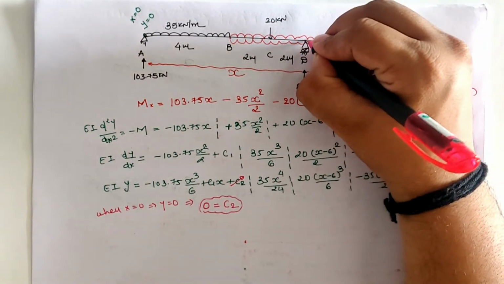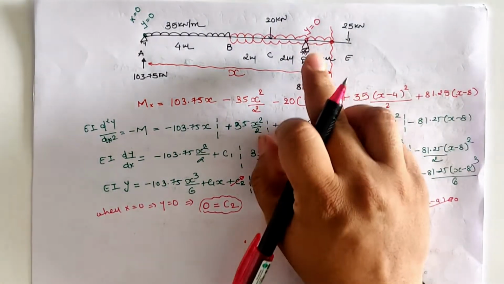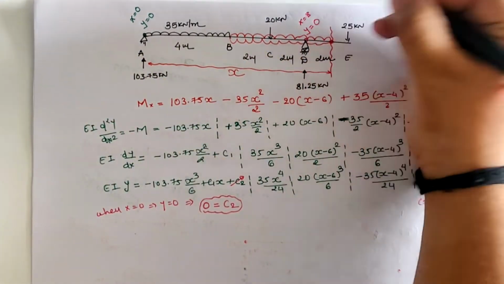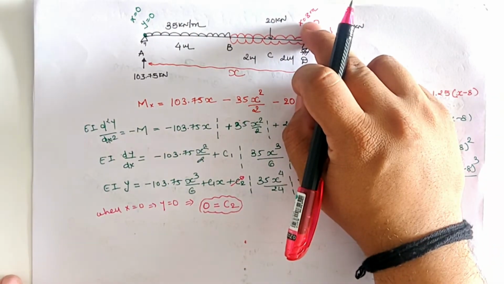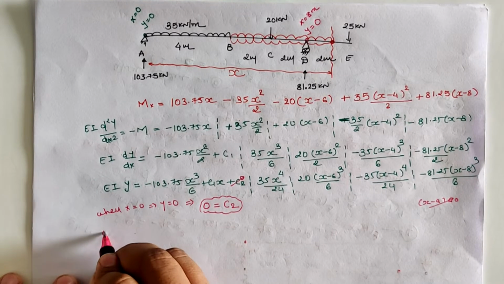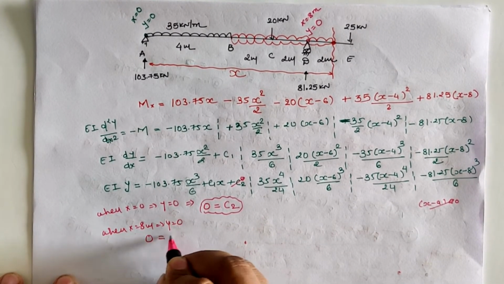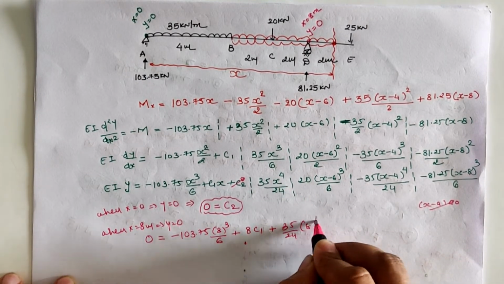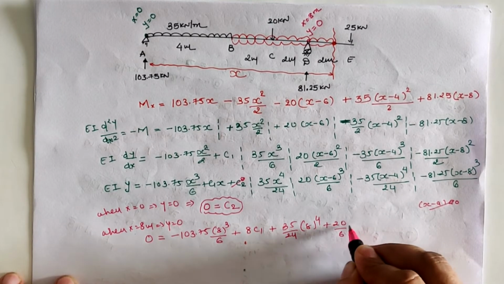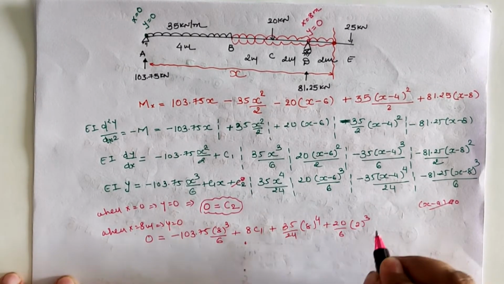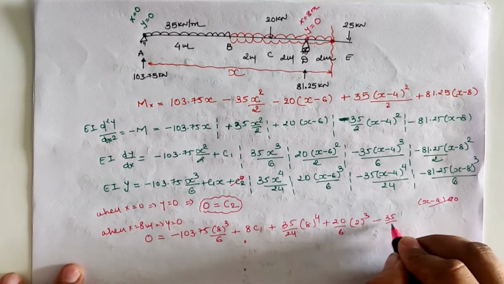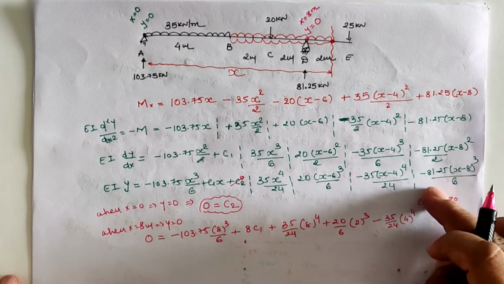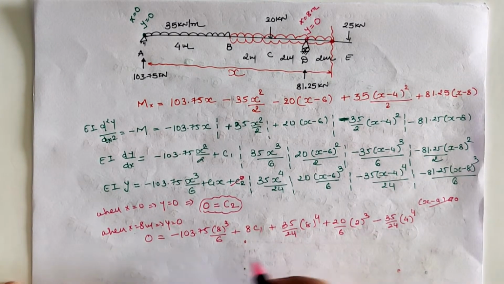Now at the roller support also our deflection is 0. But this roller support is at 8 meters from the location A. So we have to put x equal to 8 meter in this equation. We will have, here 20 by 6 is constant, 8 minus 6 as 2, minus 35 by 24 is constant, 8 minus 4 as 4, and 8 minus 8 as 0, so it is ignored. Now solving this term we will have